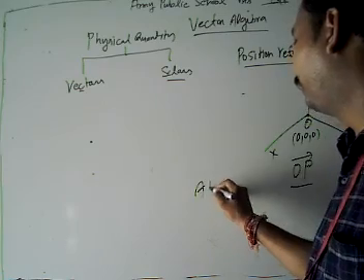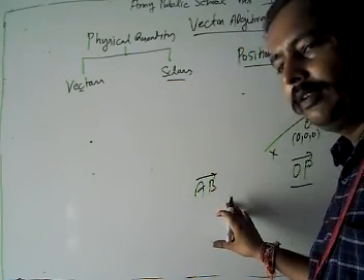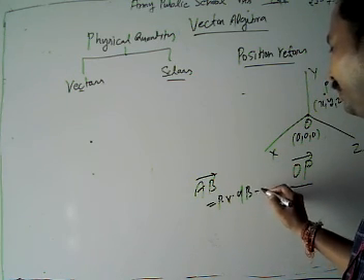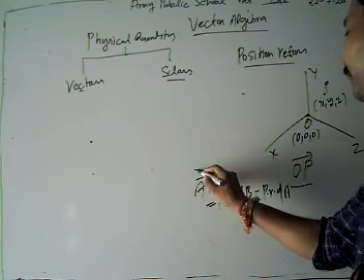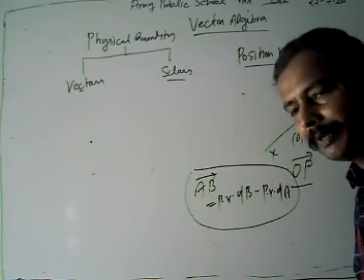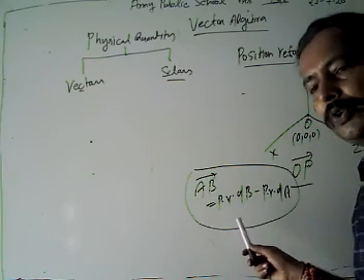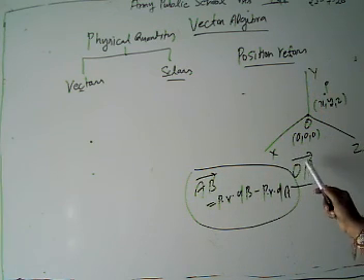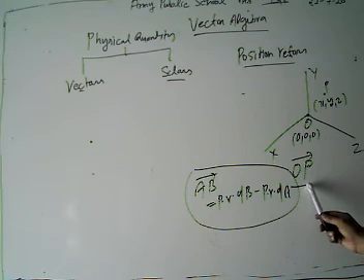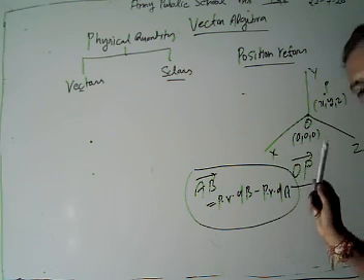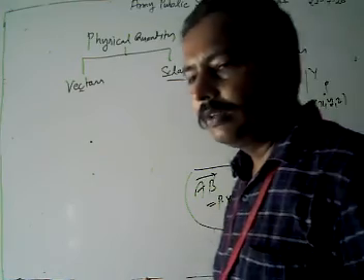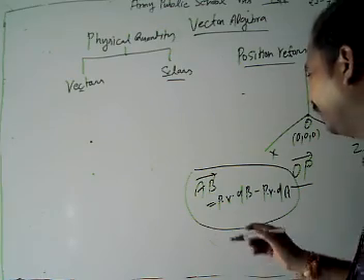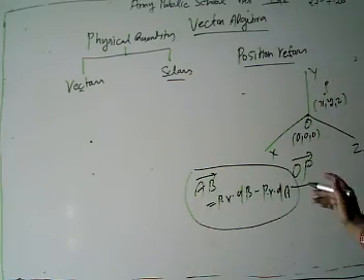What is the meaning of the arrow-headed AB? The vector AB is defined as the position vector of B minus the position vector of A. If we want to define vector AB, we find the position vector of B minus the position vector of A, and then we get AB. Similarly, the position vector of P with respect to O means the position vector of P minus the position vector of O. This gives our position vector concept. After discussing the concept of position vector, we can find the magnitude of vector OP.